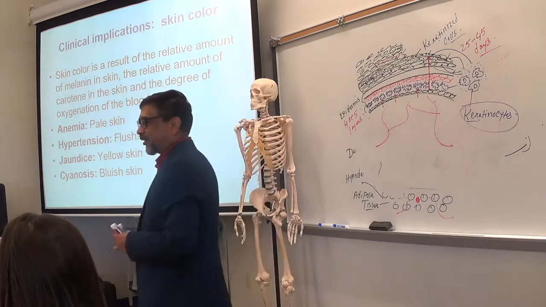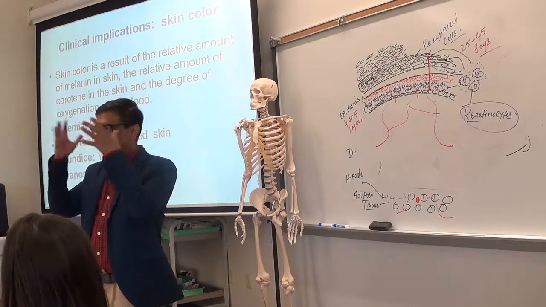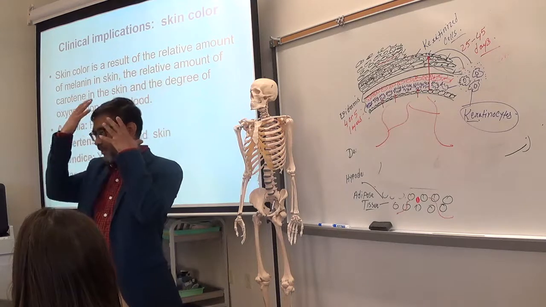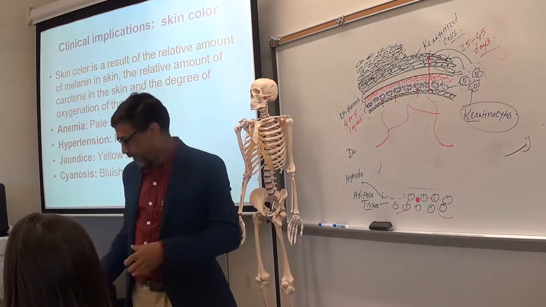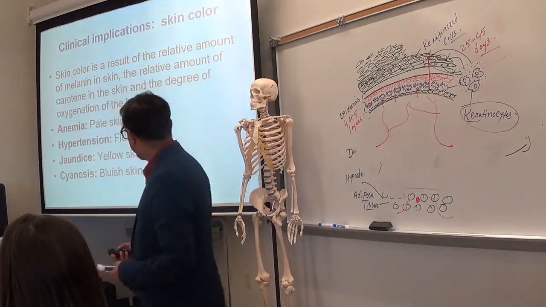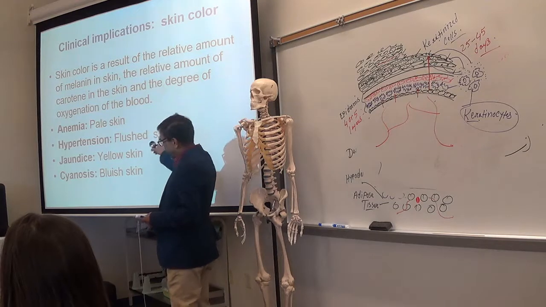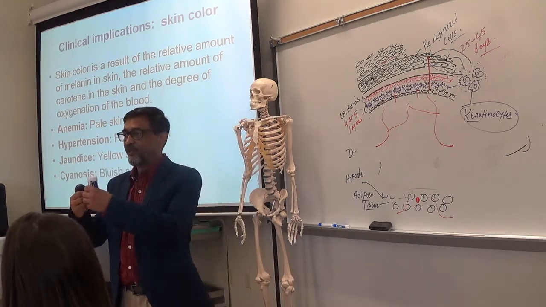Hypertension. If blood pressure increases, the flow of blood in the skin will be more, right? Make sense? So if you look at the person's, particularly the face, it will be a flushed face, skin. Tells hypertension. Jaundice. I said, if too much red blood cells